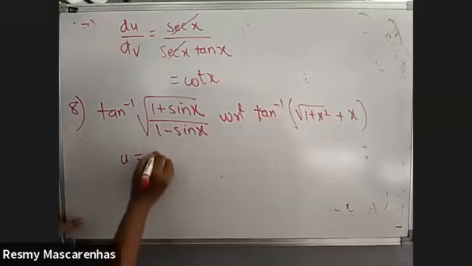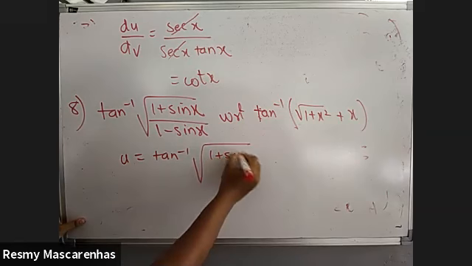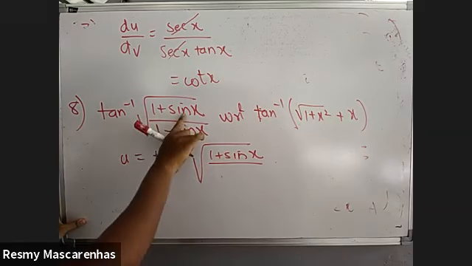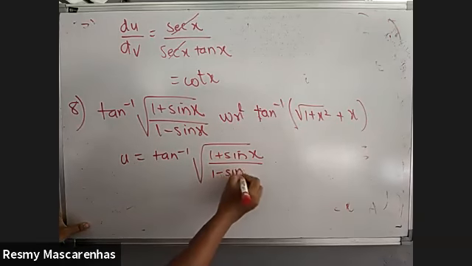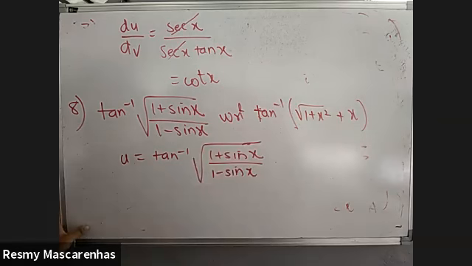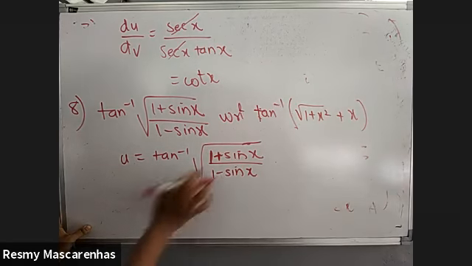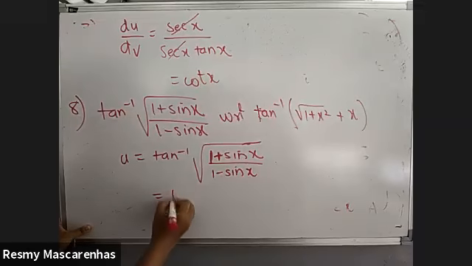Okay, so this will be u, tan inverse of... this is complicated. There's no formula for one; don't write 1 plus sin x as 2 sin square x by 2. If you see that page, trigonometric formula, there's a formula for 1 plus sin theta also, and I've given you the formula for 1 minus sin theta also. So those who have forgotten, I'll write now.